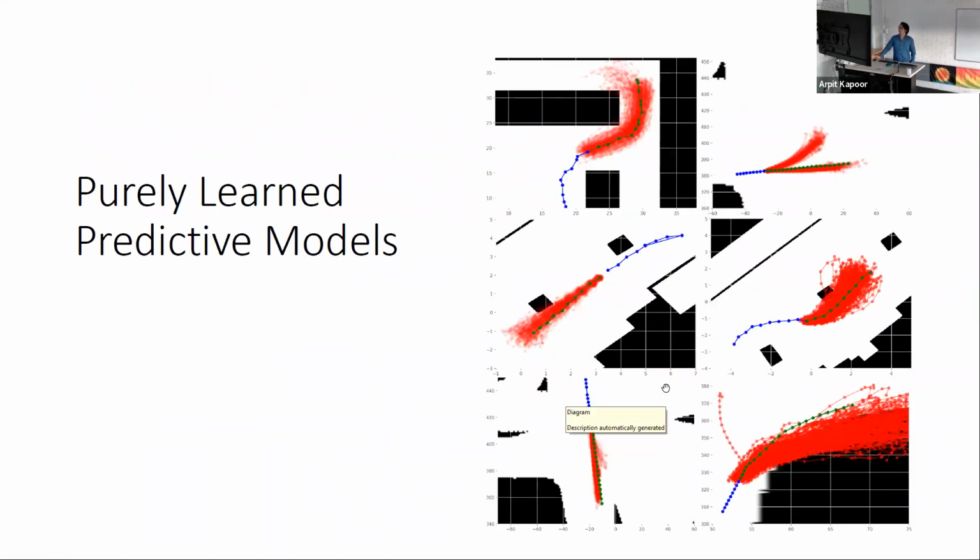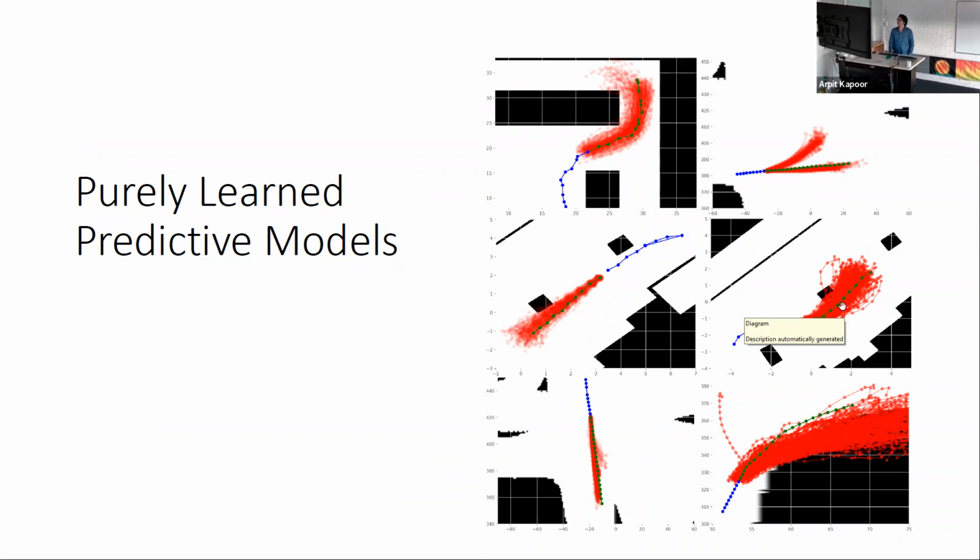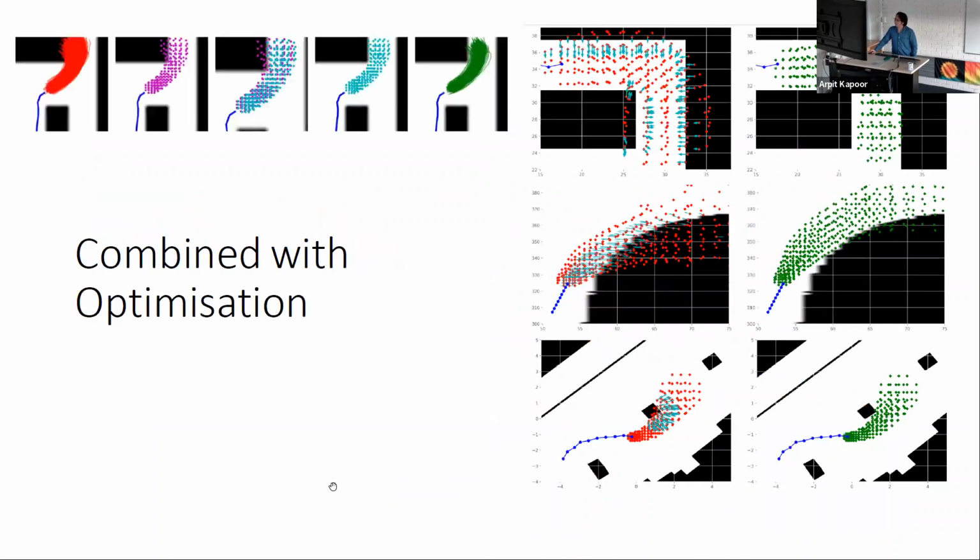So I'll show you some results. Here are purely predictive results, and you'll see that some of them really don't try to factor in any of the environment features. Now, if we want to fix them, the green ones here have been fixed and the red ones have not been fixed. Something interesting here is that these arrows are actually the gradients with respect to